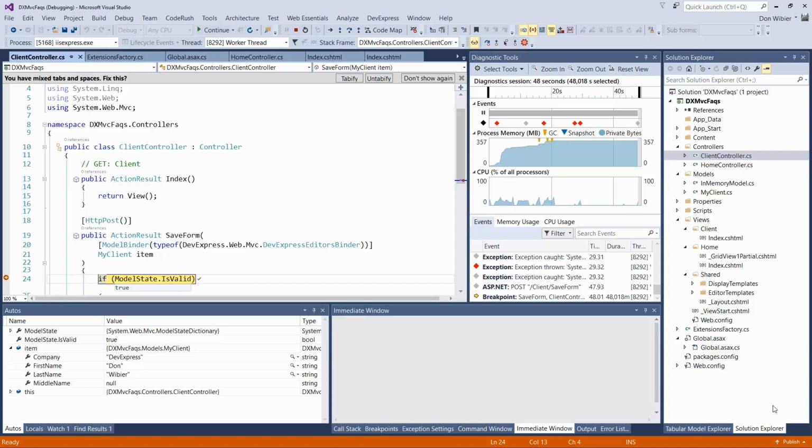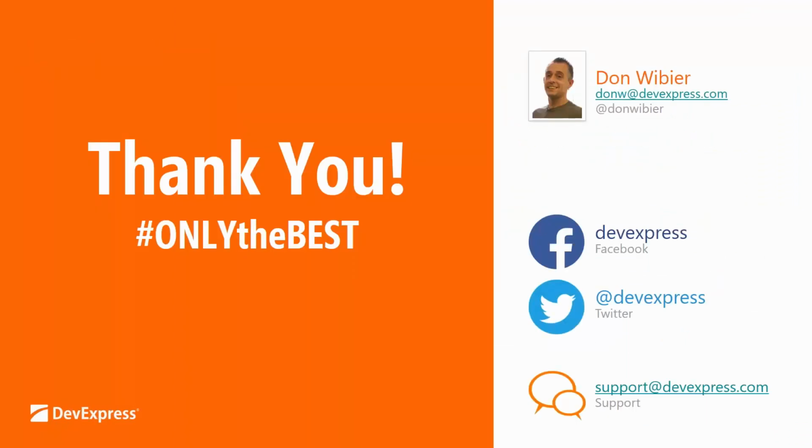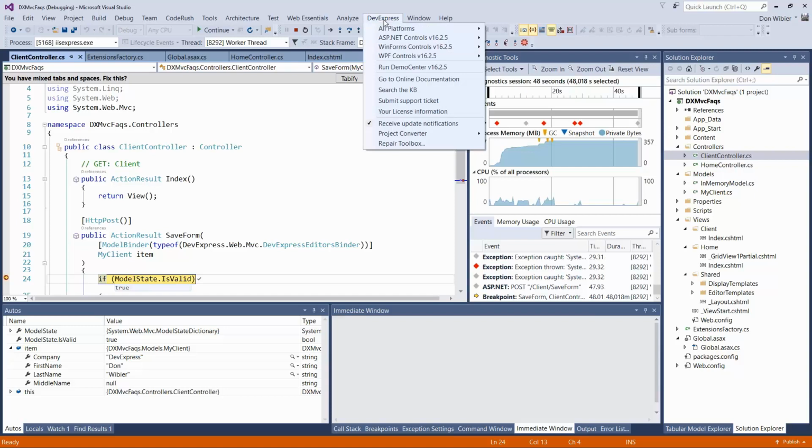Great. From Larry, he says, my DevExpress menu in Visual Studio 2015 only has 3 choices: ASP.NET Controls, Project Converter, and Repair Toolbox. So running the wizard the way you showed it isn't possible. He's wondering if he doesn't have it installed properly, or if you have any help for him. Well, that is obviously pretty difficult to answer right now. I thought maybe you might know